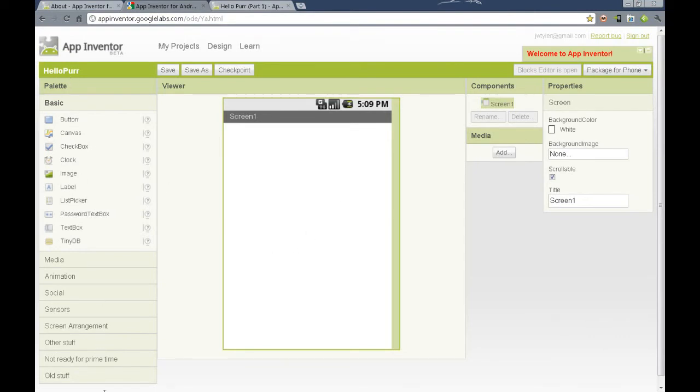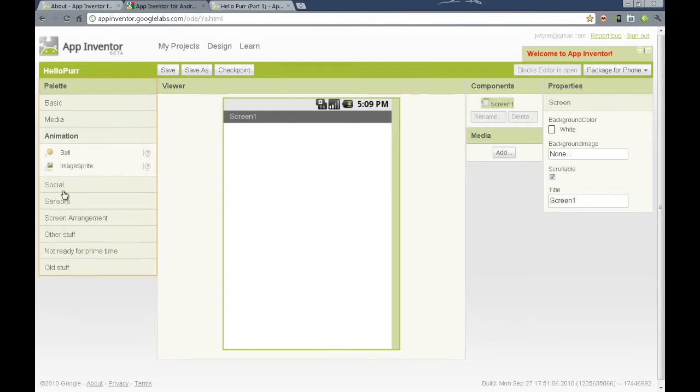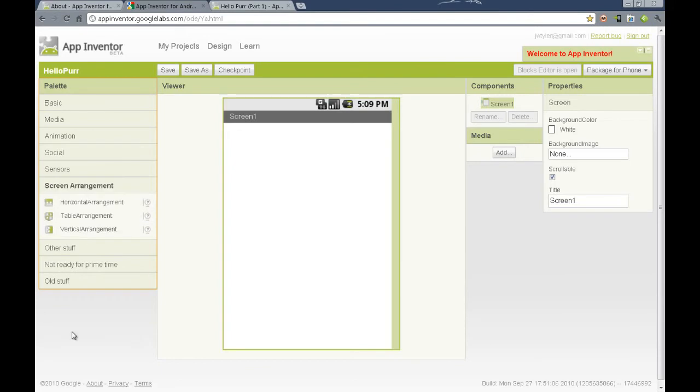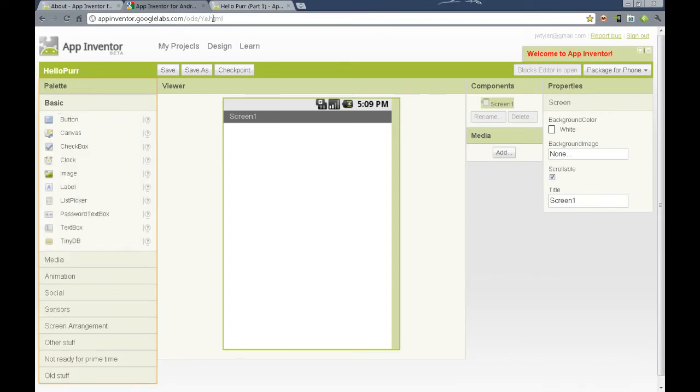You'll see on the left-hand column here, the palette column has the components that we'll use to make applications. We have a basic palette that has things like buttons, canvases, checkbox, etc. A media palette that has media components so we can add media functionality to our Android applications. We also have animation and social and sensors and screen arrangement components, other stuff, including some advanced components such as the activity starter and text-to-speech. We also have some stuff that's still in development, such as the not ready for prime time. For the example of our Hello Purr tutorial, we're going to be using some of the very basic, such as